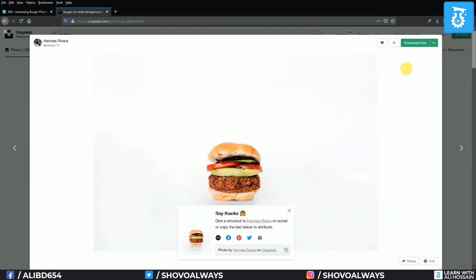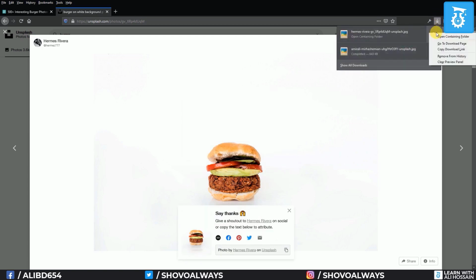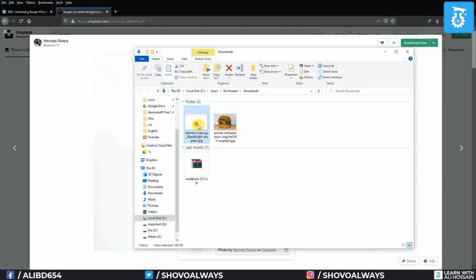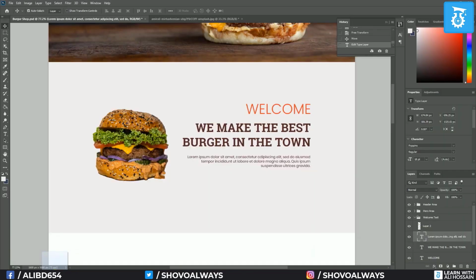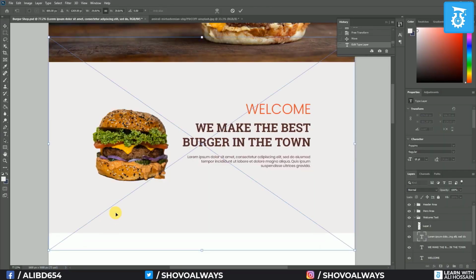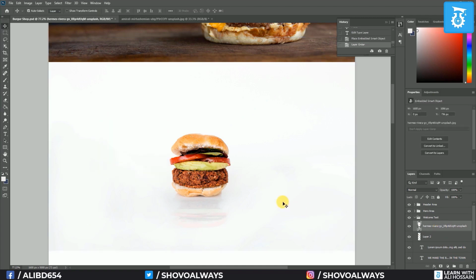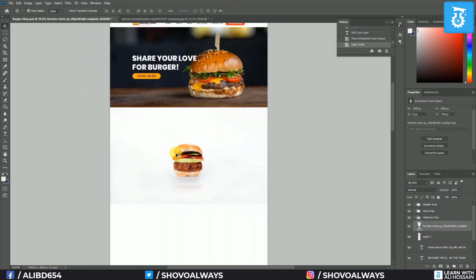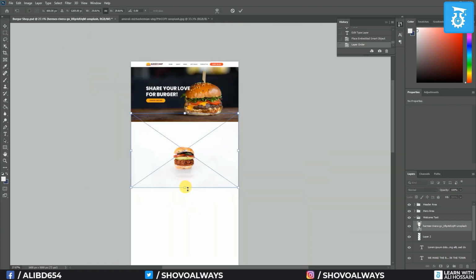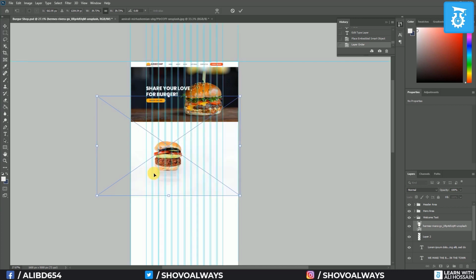So I will download this, open the download folder and drag it to our project. Okay, and something like that. Zoom out a little bit, then I can increase the burger size, Ctrl H, and then if I come here,